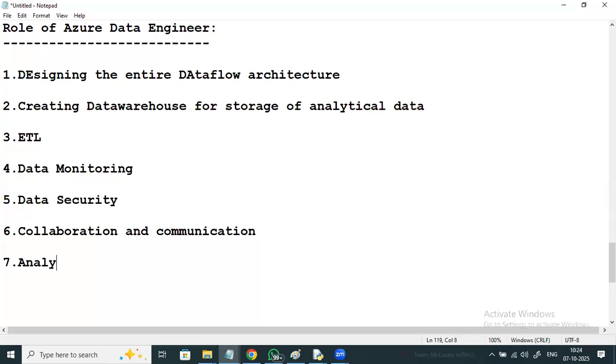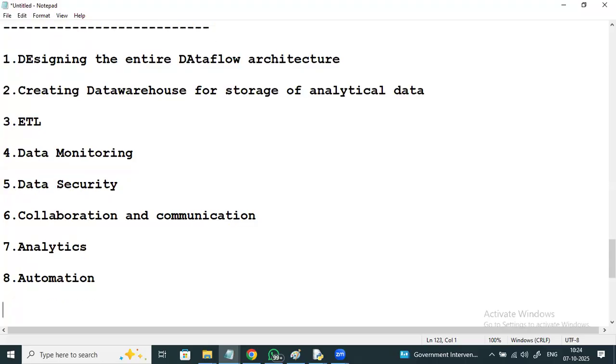Analytics means data engineers are going to analyze the data and transform it into structured and useful formats. They need strong analytical and mathematical skills to perform this kind of analysis, and certain things have to be automated. Certain processes have to be automated, requiring minimal human intervention, such as the extraction process.